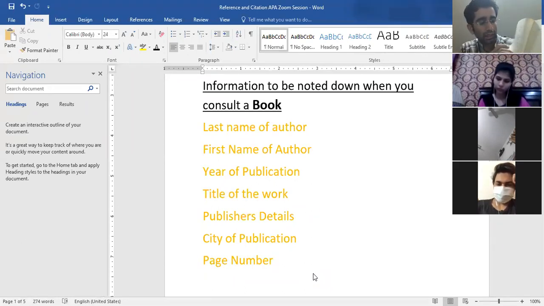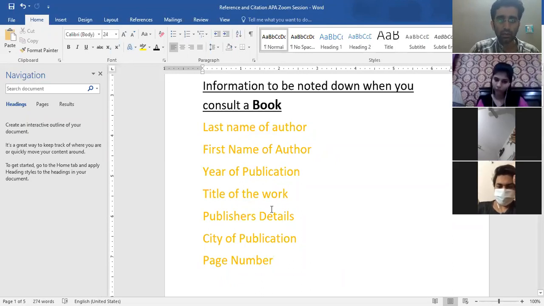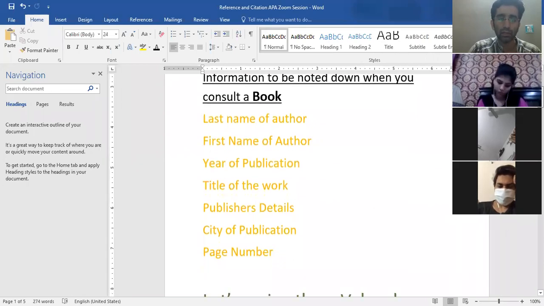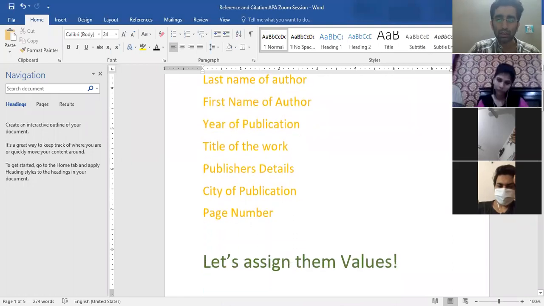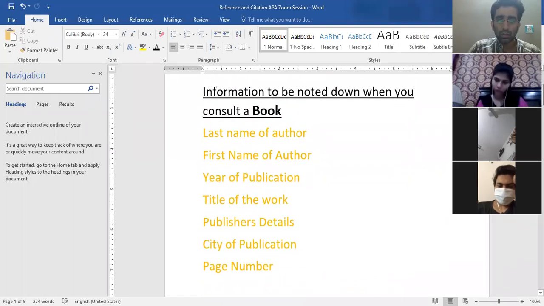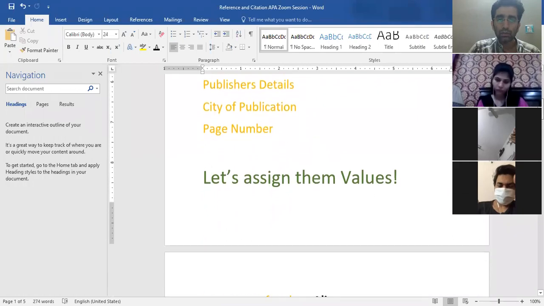So when you go to this information page, you will find all this information. So make a separate file, and take a note of all these things whenever you consult a source. I'll be sharing this document with you, but I recommend that you take note of this yourselves. So once you've taken a note of this,